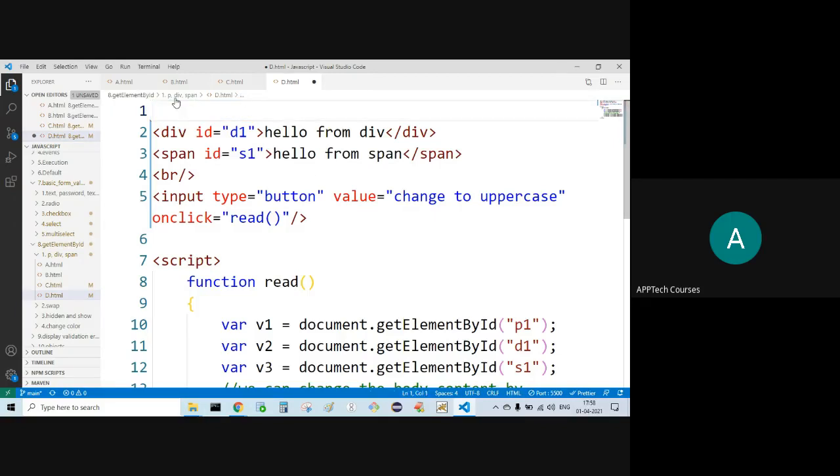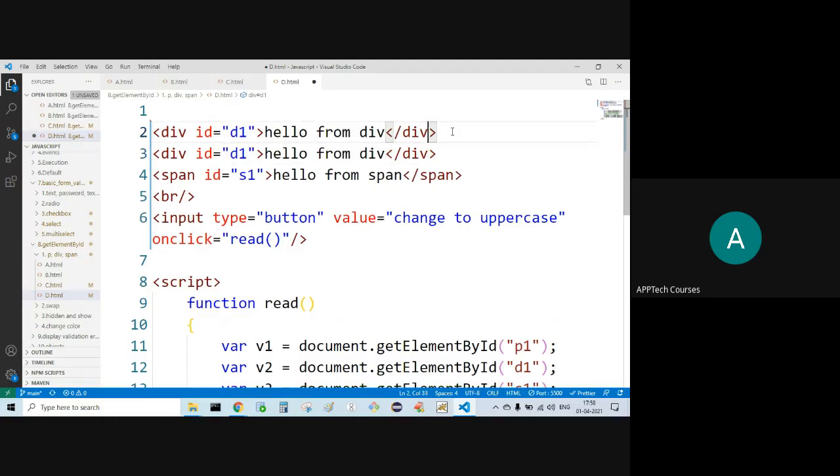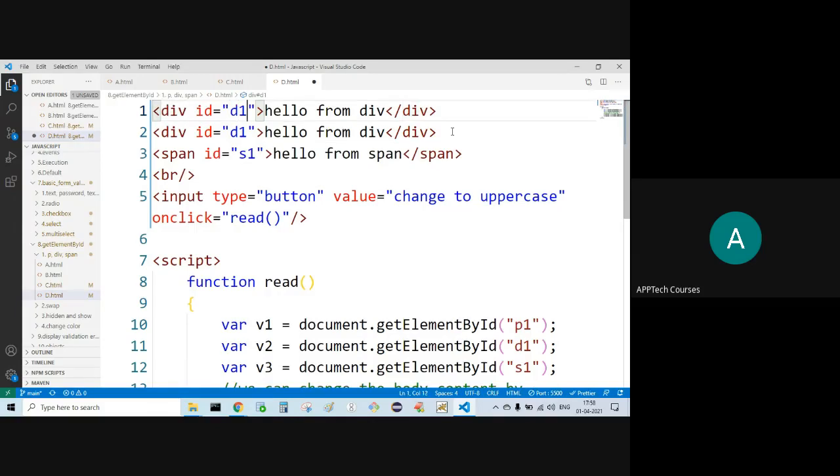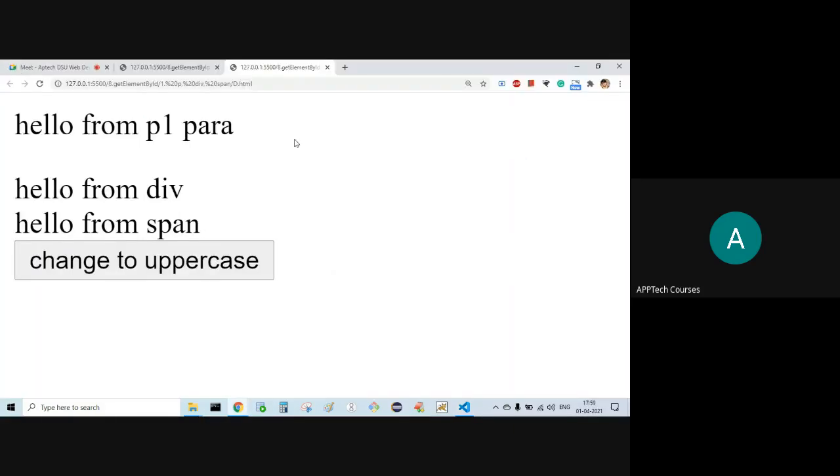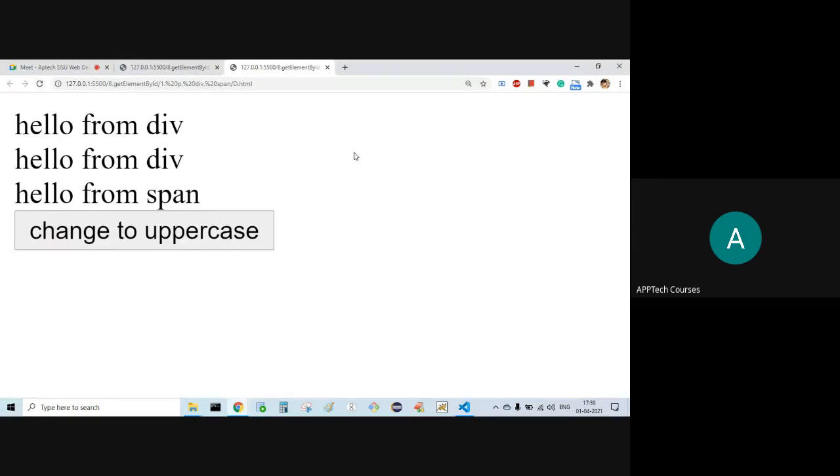If you don't want that space, use the div itself. Right?